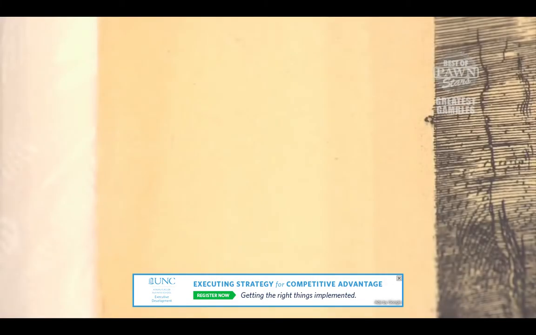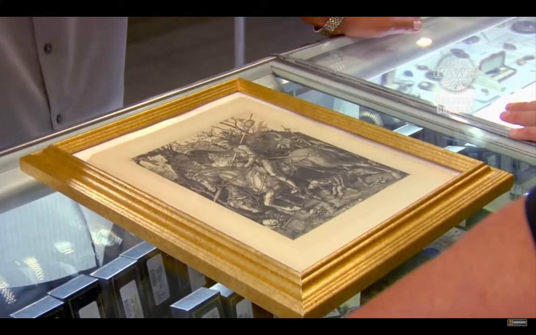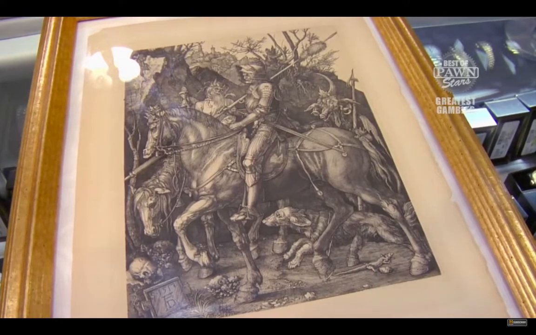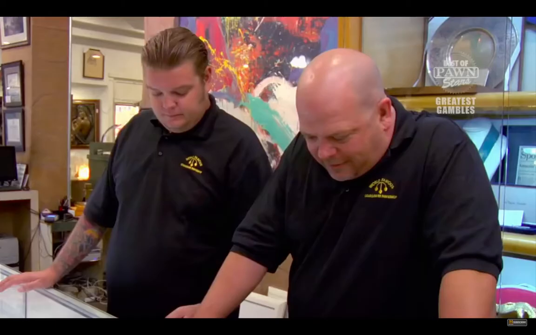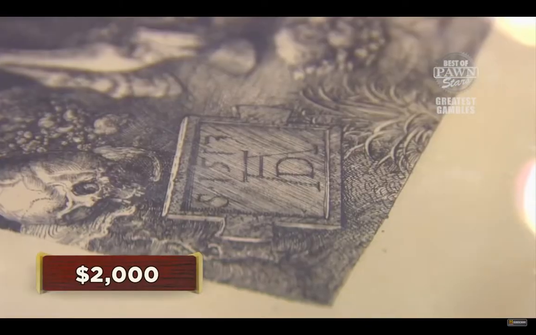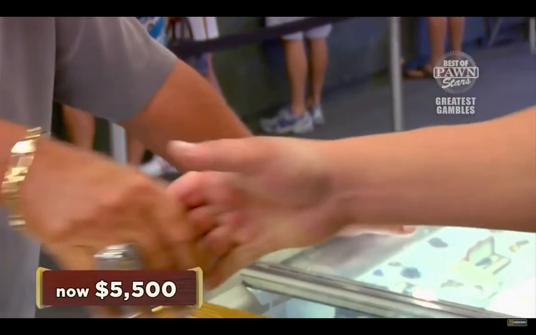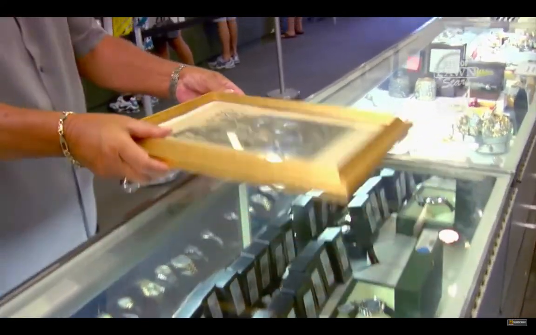But this is not 1500. The paper is not right. I'm not really sure about the value. Normally, I'd call my buddy Brett, but he's busy with a new gallery opening, so I'm going to have to take a gamble on the price. How much did you want for it? Couple $1,000. Is it worth that? Maybe it's worth more. I don't know. I'll give you $5,000 for it. How about 6,000? You did think it was worth $2,000. Right. You know. I'll tell you what. I'll give you $5,500. All right. Okay. Tough negotiators. I feel really good about this buy, but I won't know for sure if the gamble is worth it till I have it appraised.